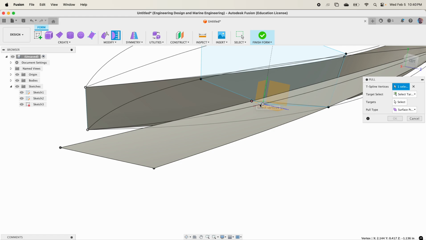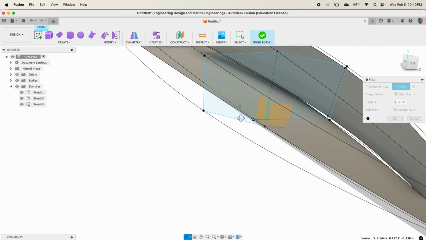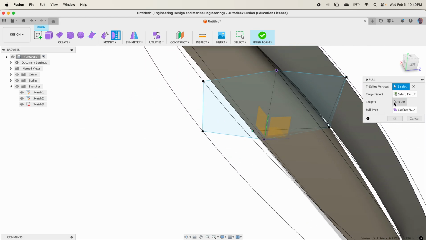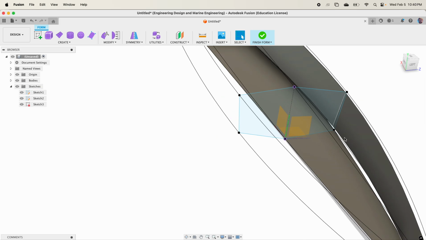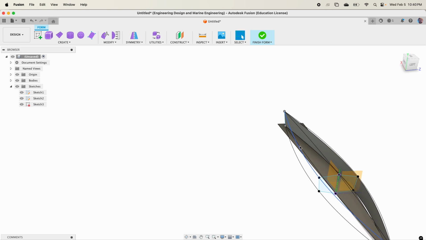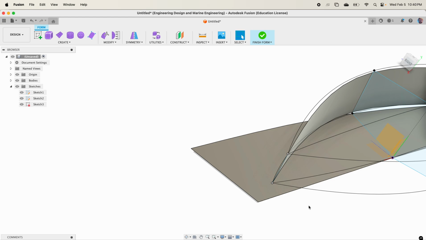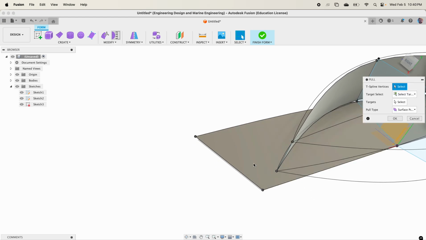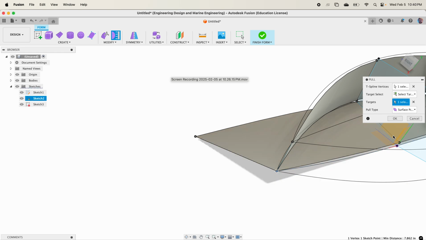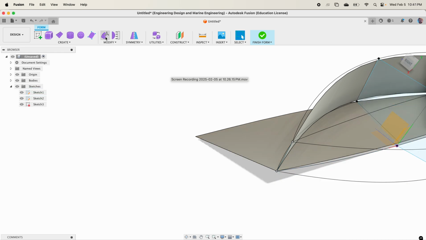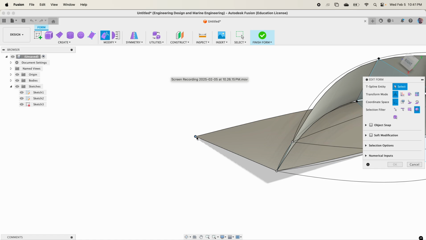We're going to connect to this point. I think it's that point. Yes, to this point here, and click OK. Now over here we have to do the same as the back. Pull this corner to this corner here. Click OK, and then use an Edit Form to move this corner